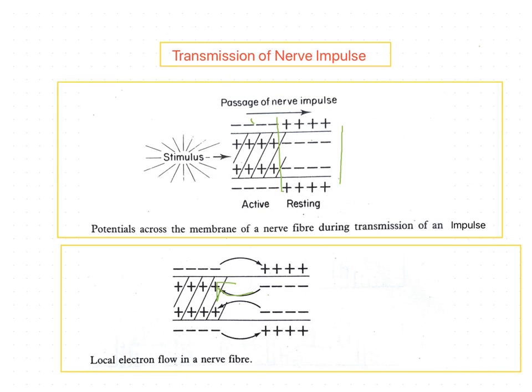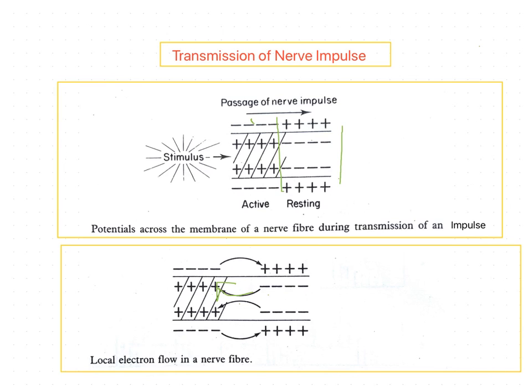The difference of potential between the active and resting part of the nerve causes local electron flow between the active and the adjacent parts of the nerve. The current flows through the membrane in the opposite direction to the potential difference across the fiber. So the fiber acts as a resistance to the current, so that the current flow lowers the potential difference,